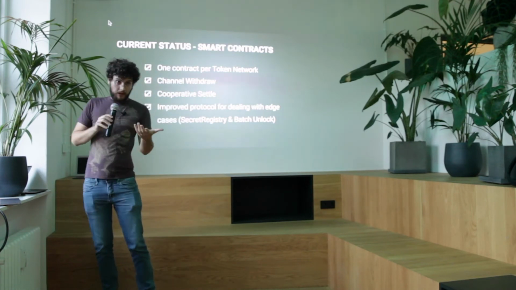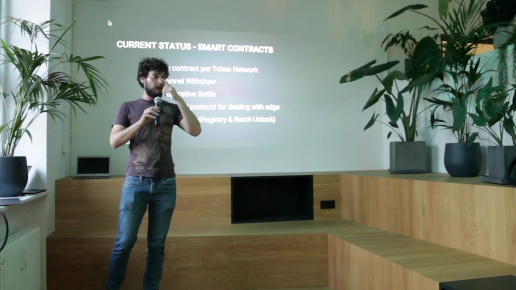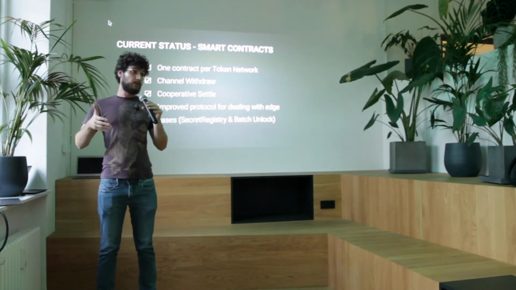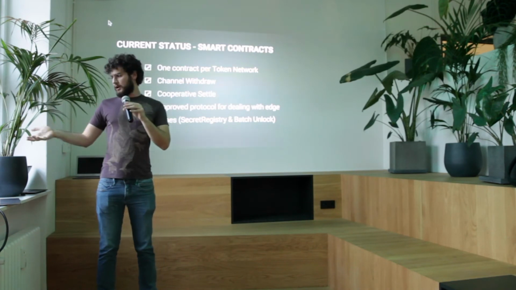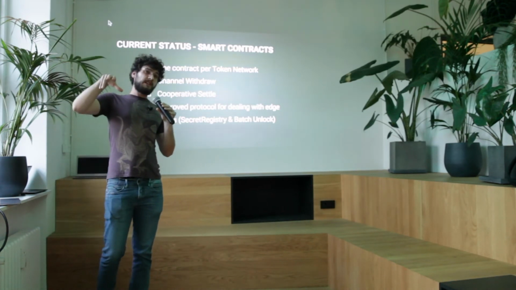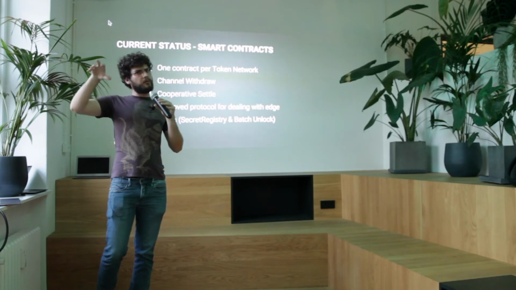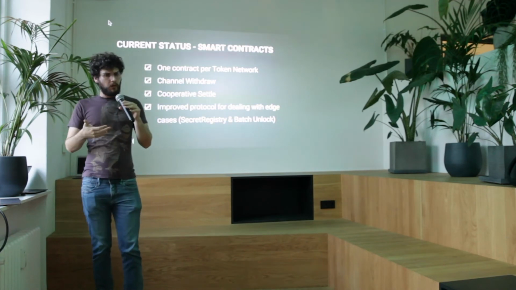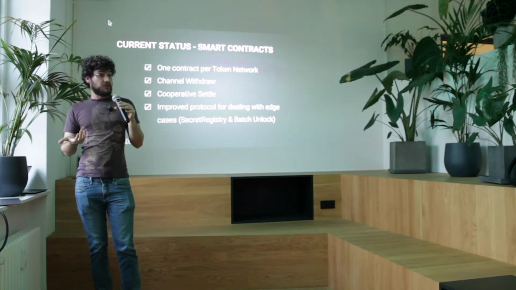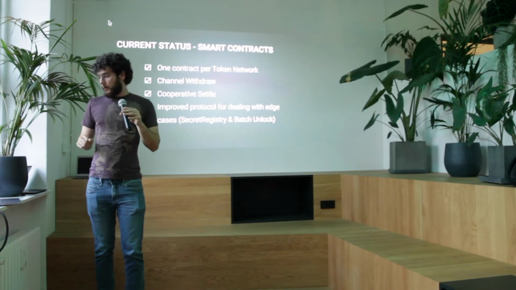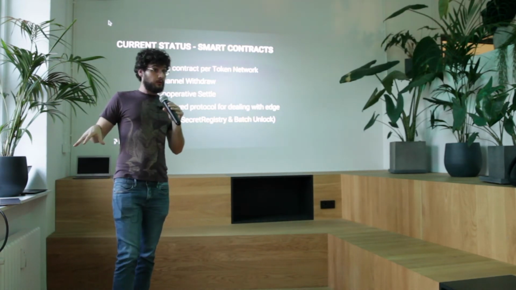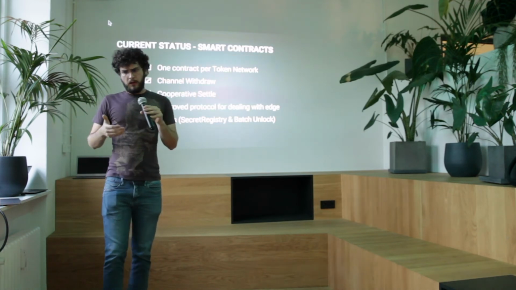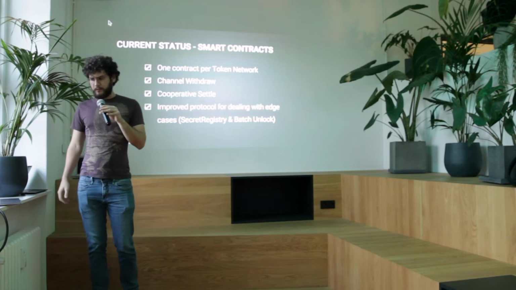And we also have the backing of the smart contracts on-chain, right? Right now in the smart contracts, we have all the features that we want for Red Eyes implemented. And this is one token network. Previously in the proof of concept, we had one smart contract per channel, and that made the cost of opening channels really high, because when you deploy a new smart contract on the Ethereum blockchain, you pay a really high cost. Right now, we're just using one smart contract that manages multiple channels. So opening new channels is way cheaper, like 40% cheaper than it was before.